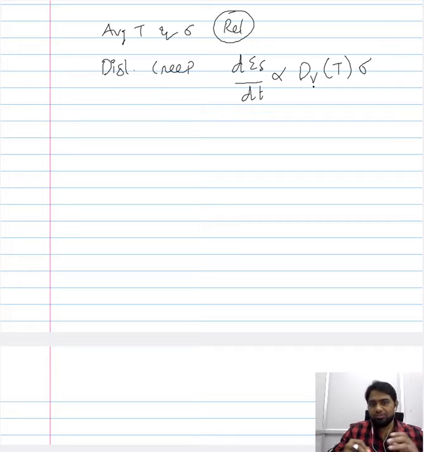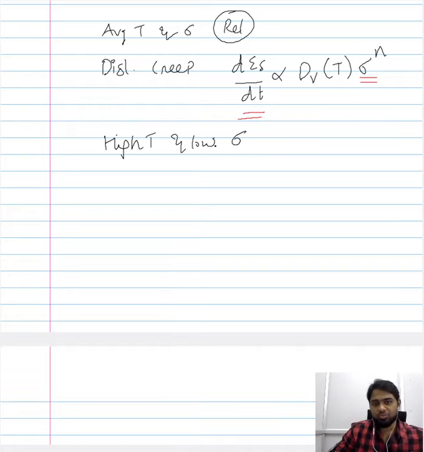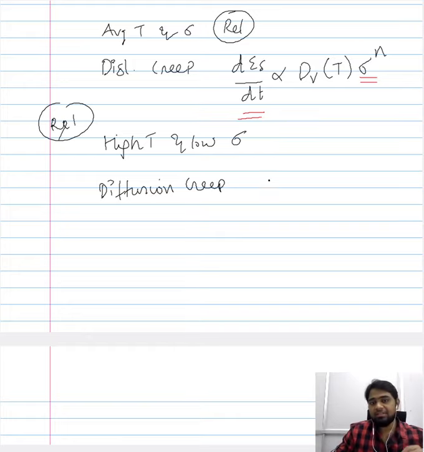And generally the relation between the creep rate and the stress under the dislocation creep mechanism is expressed in this manner, wherein there is a power law relation between the creep rate and the stress. Now the other creep mechanism is the diffusion creep mechanism. This is when you have a high temperature and a low stress. Again, this is relative value. When you have high temperature and low stress, you have a diffusion creep mechanism, and in this creep mechanism, similar